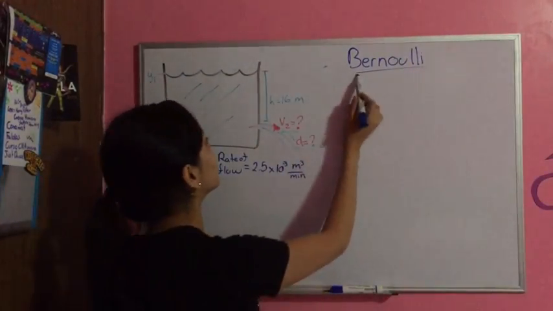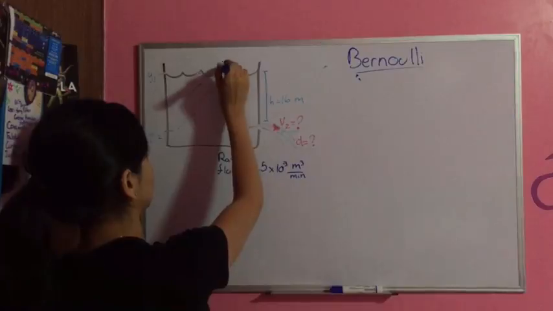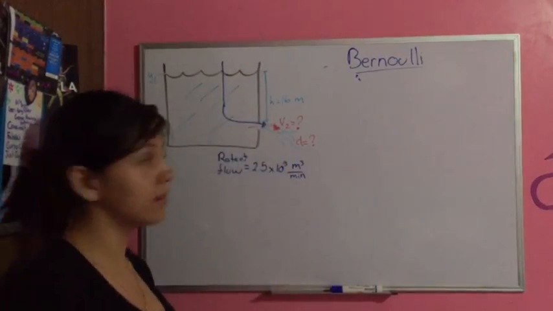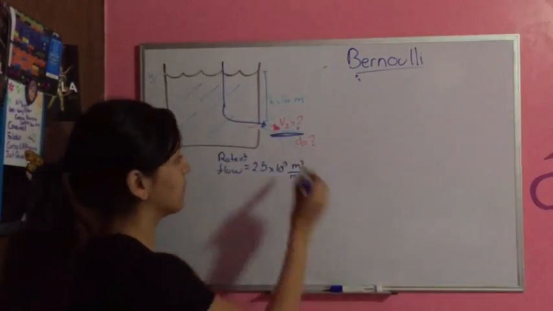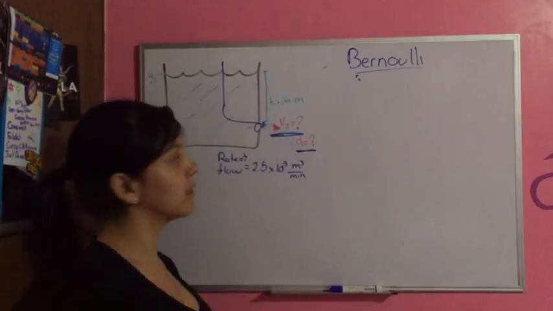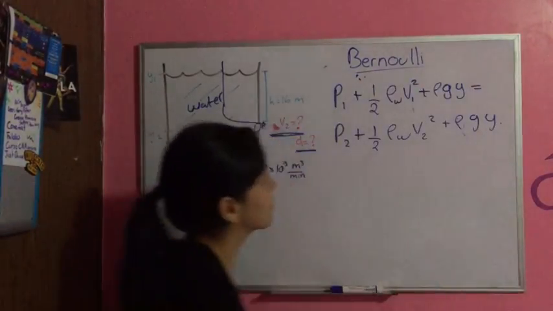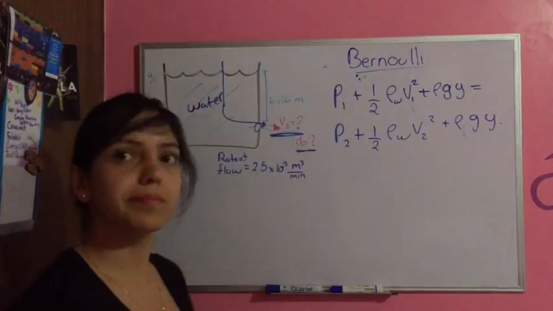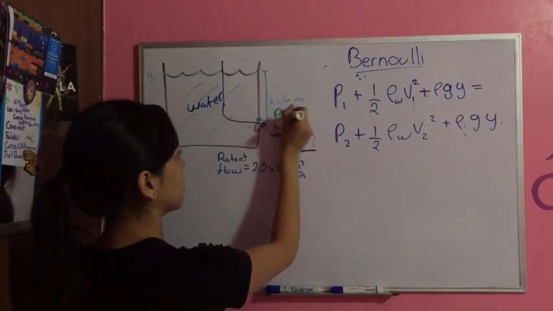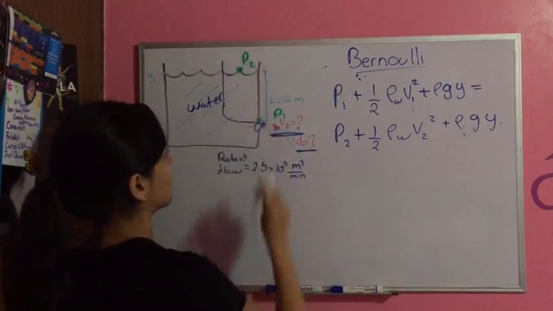Hi, today we'll solve this problem of Bernoulli. It says that water inside a tank is flowing outside from a little tiny hole. So we have to recall Bernoulli's equation, and now we have to assume that this pressure and this pressure, since